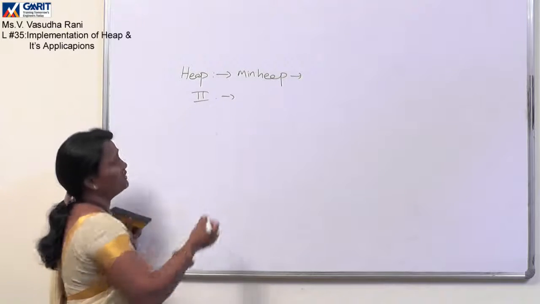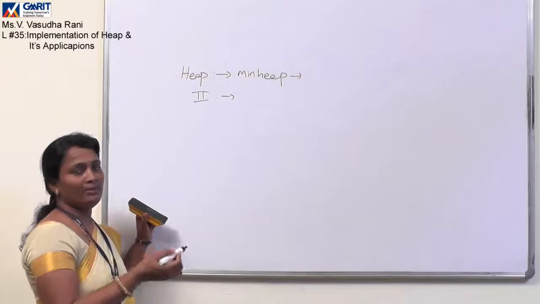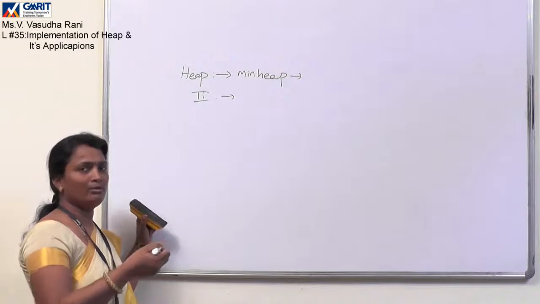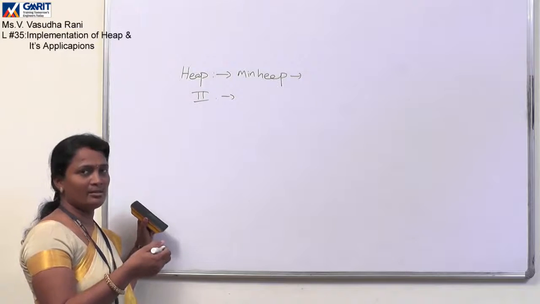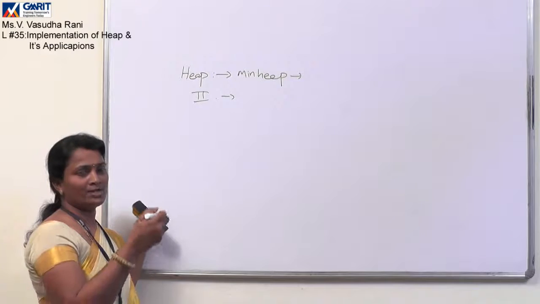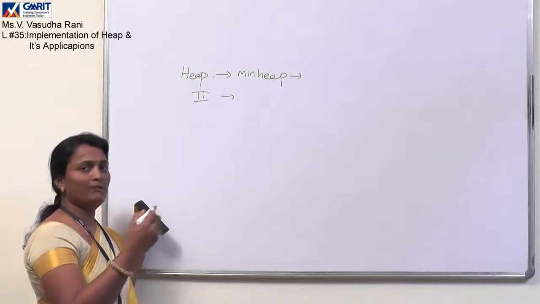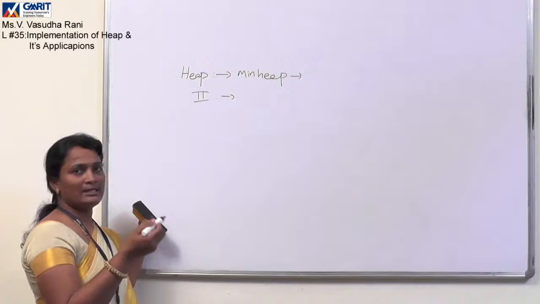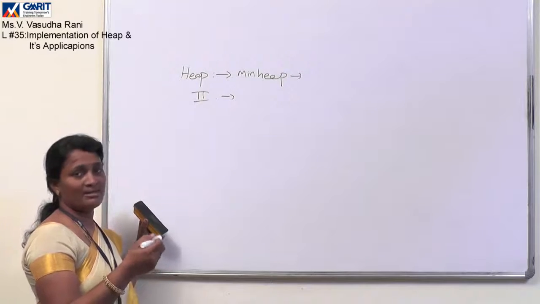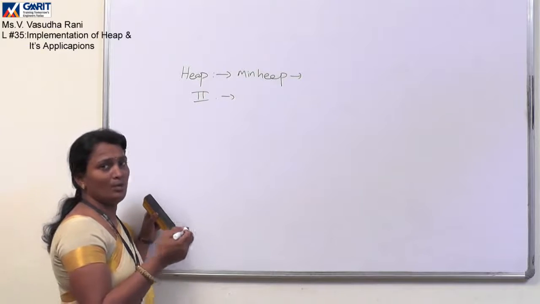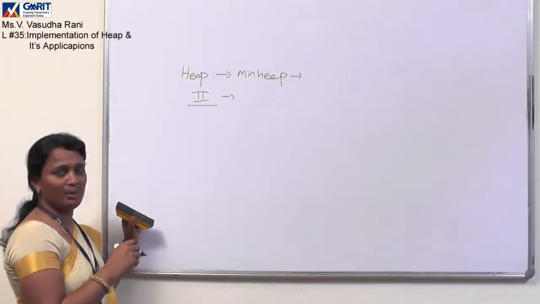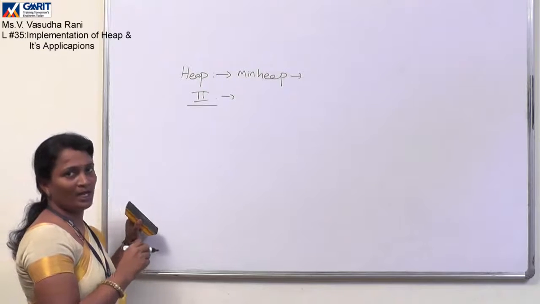In the second method, one by one in a sequence, we insert one node, and after inserting the node, we have to check whether it is following the heap order property or not. If it is not satisfying the heap order property, we need to do some swaps among the keys of the nodes, and then we go for the next insertion. That is the sequence of insertion of the nodes one after another. That is the second method we have seen. Let us implement that second method using array.